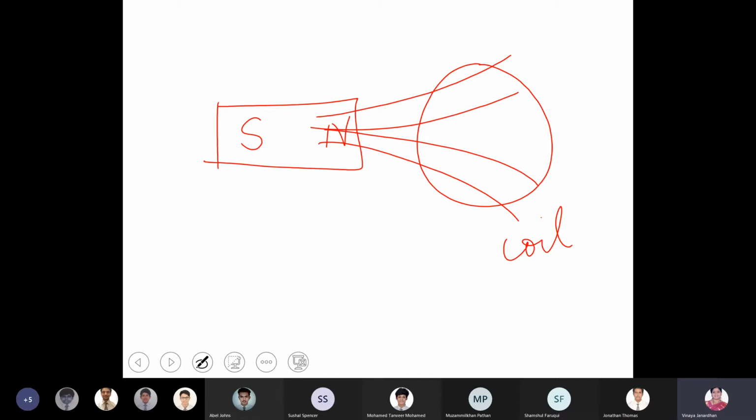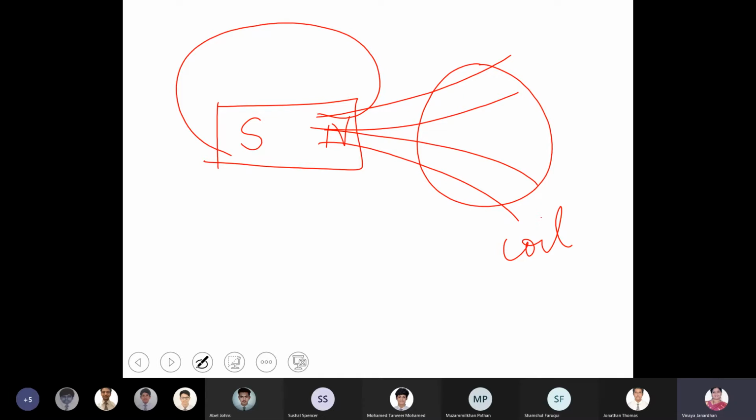Now these are your magnetic lines of force. For a bar magnet, all your magnetic field lines start from the north pole and enter into the south pole. The magnetic field lines are closed loops. Outside the magnet the field lines move from north to south. Inside, the field lines move from south to north. You know that when the field lines are close to each other, the strength of the magnetic field is higher.